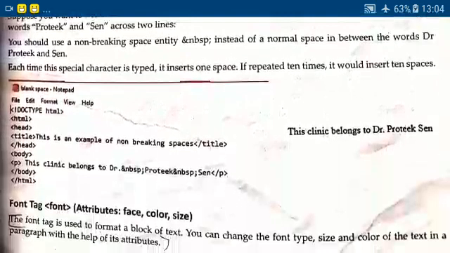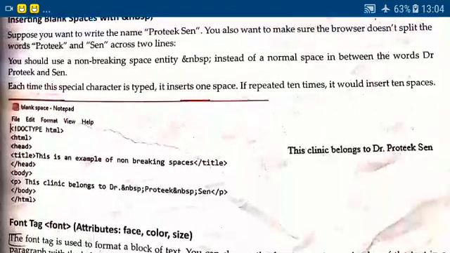This is the example. See how you will use &nbsp; Doctype HTML, head, title. You will write the title name, close title, close head, then start the body. Inside the P tag I am writing: this clinic belongs to Dr., &nbsp;, colon, Protic, &nbsp;, again colon, Sen.